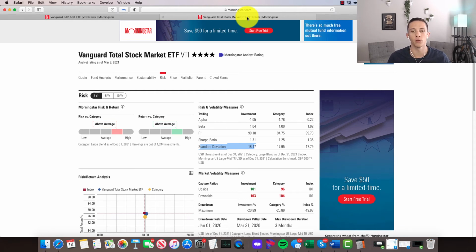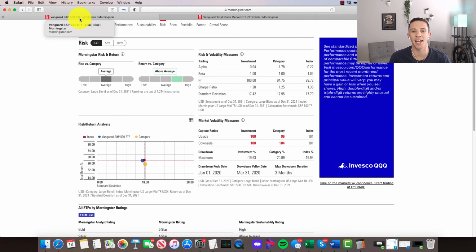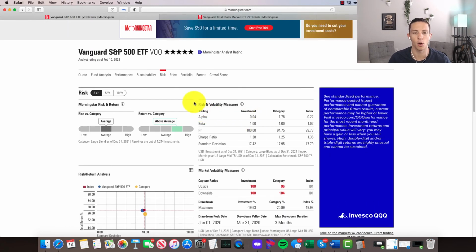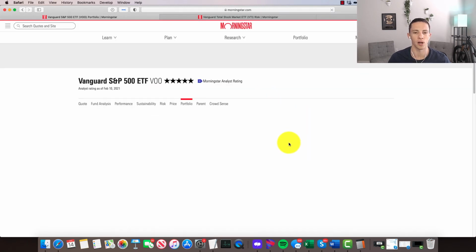If you're trying to go a little bit more complex and trying to get more exposure to different asset classes, and have like a 7 or 10 fund portfolio and control your exposure to each asset class, you would probably want to go with VOO and use that to represent your holding of large blend, because the S&P 500 does at the moment cater itself more towards growth. If we go to portfolio and look at the stock style, right now it's leaning more towards the growth side of things,